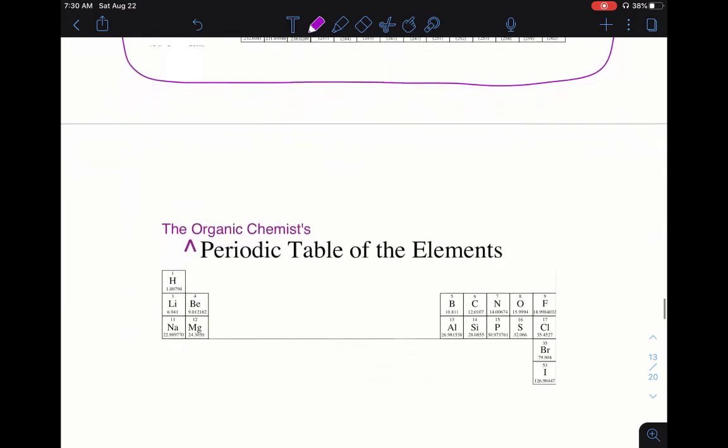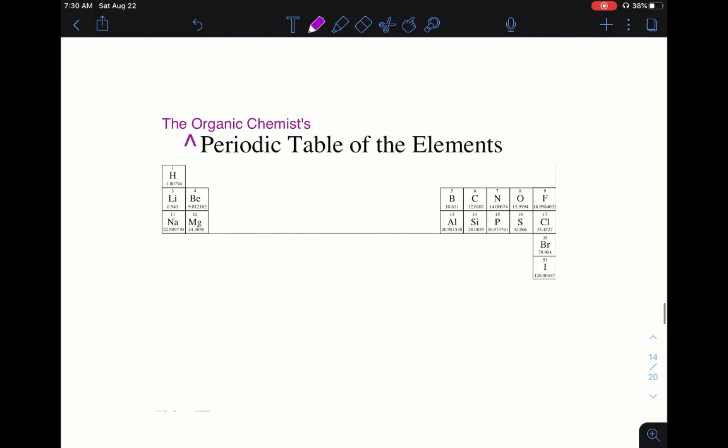I have good news for you. In organic chemistry, we will deal with a much smaller number of elements. Typically, these elements that I have here on the organic chemist periodic table. Are we all celebrating? Yes, we should be. But I will expect that you know where, and really where just means that you know the number of valence electrons, and you might need to know the relative